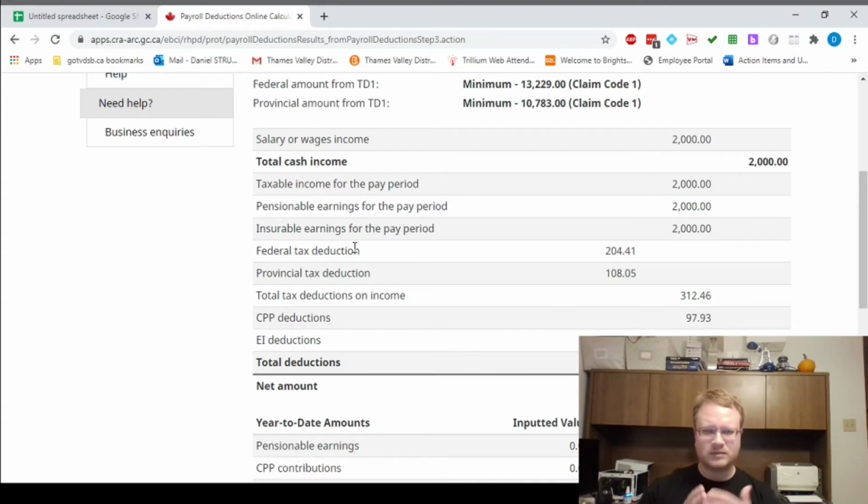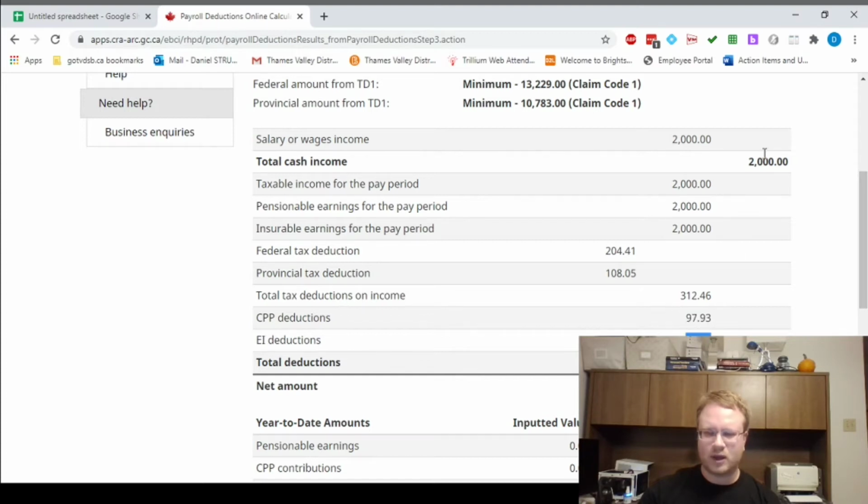So part of our income tax goes to the federal government, so the government in Ottawa for all of Canada. And then part of our money goes to the provincial government, so to fund things locally in Ontario. So we're going to have two subtotals, some money going to the federal, some to the provincial, and then it gives the total here. So this is the total amount that we need to pay to the governments for income tax. Our contribution to the Canada Pension Plan is right here, $97.93,